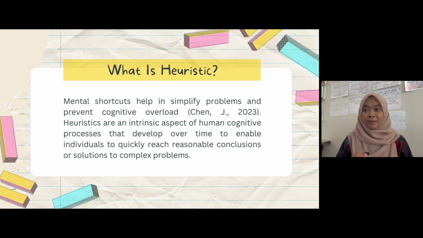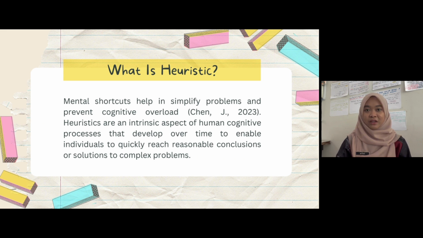Heuristics are a mental shortcut that help in simplify problem and prevent cognitive overload. Heuristics are intrinsic aspect of human cognitive process that develop over time to enable individuals to quickly reach reasonable conclusion or solution to complex problem. It is meant that heuristic is one of the method that will help us to solve the complex problem. Although this solution may not be optimal, but they are typically sufficient, particularly given constraints such as limited time frame